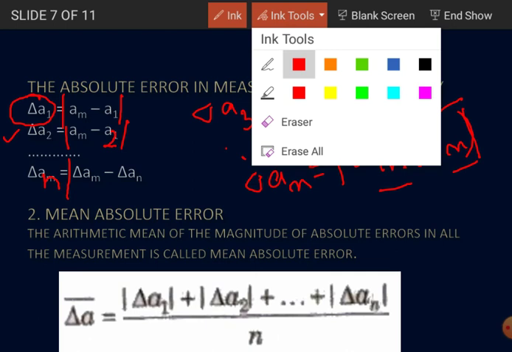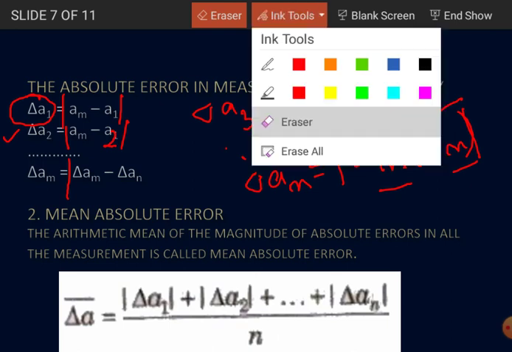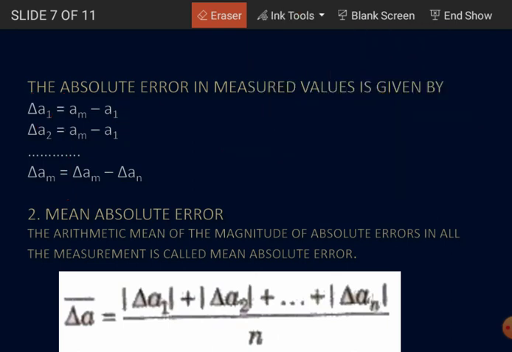It should be delta. This one is a different one, because this is a difference in what? Delta. Okay, now let me go to that one of the mean absolute error, and let's remove all these things, erase it. Okay,